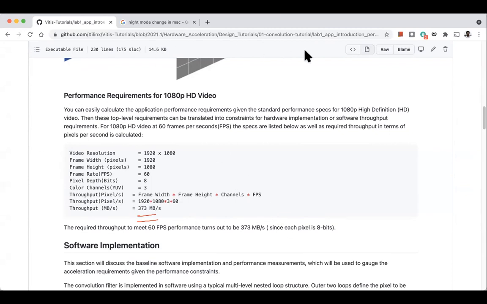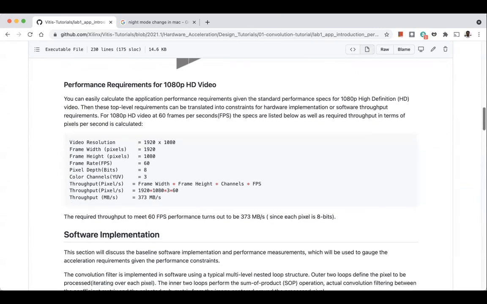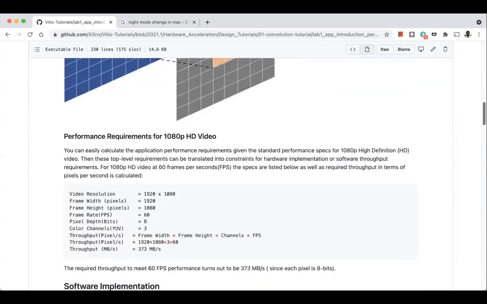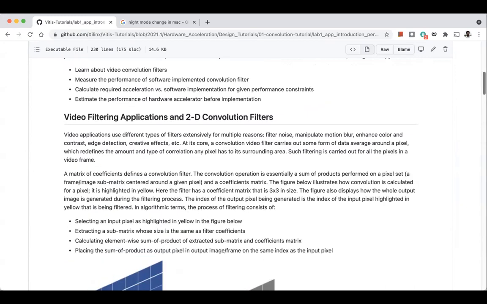If you clone this code base, there is a software version of this code.